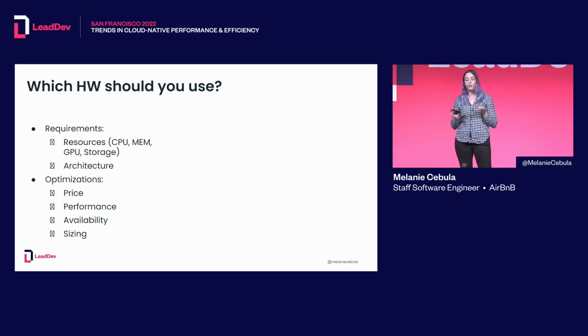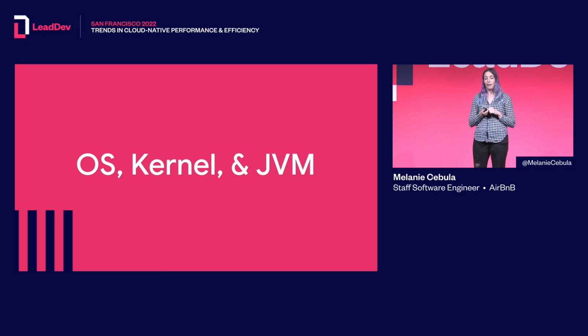Okay, so finally, all these trends in hardware demonstrate that we have new requirements with more options for custom resources and architecture. And we have a lot we can optimize on with price, performance, availability, and sizing. Okay, moving on from hardware, next I'm going to talk about some of the latest trends in the OS, kernel,